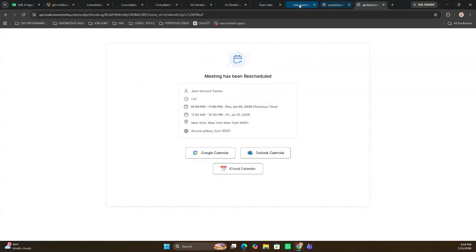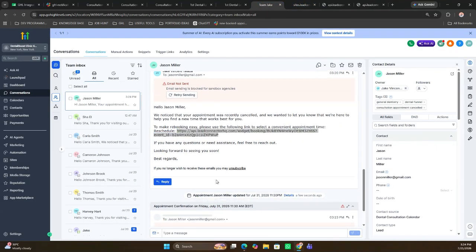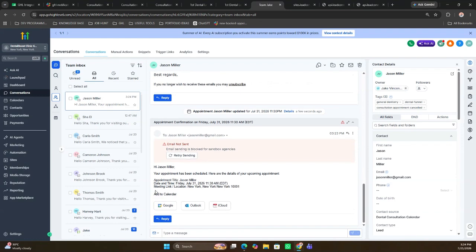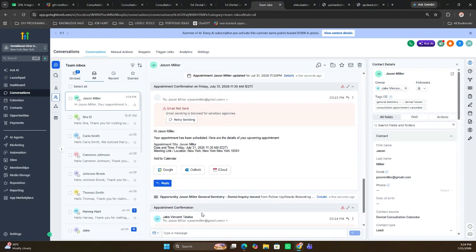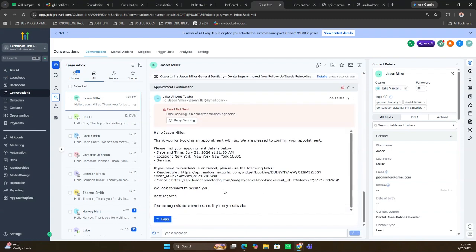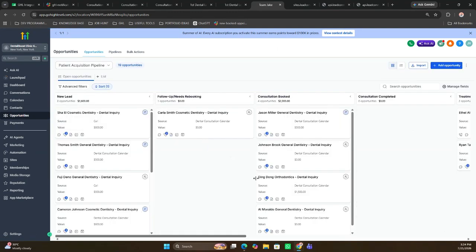So the same thing will happen. He will again receive a confirmation email about the new appointment that has been booked, and it will also update his information under this opportunity.